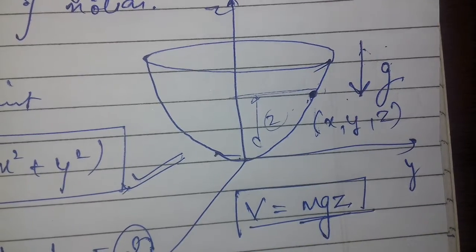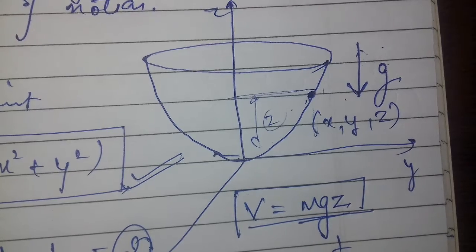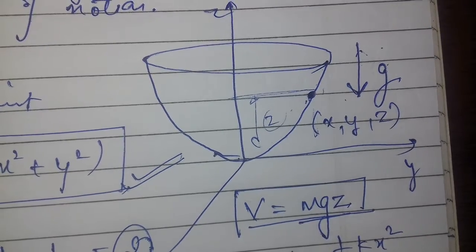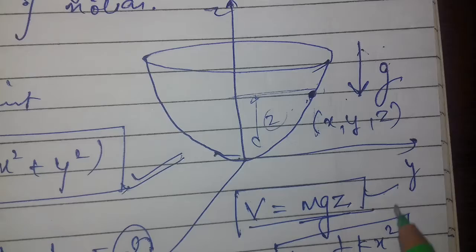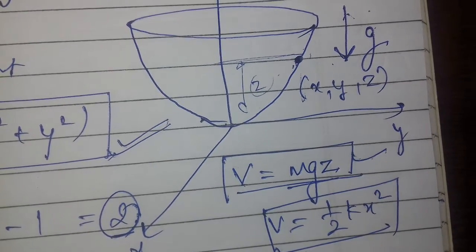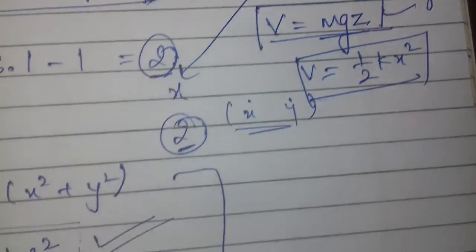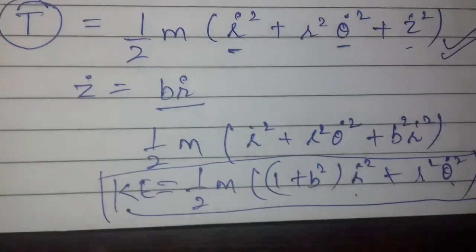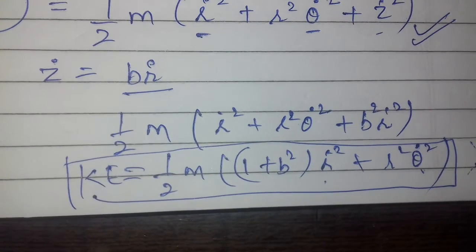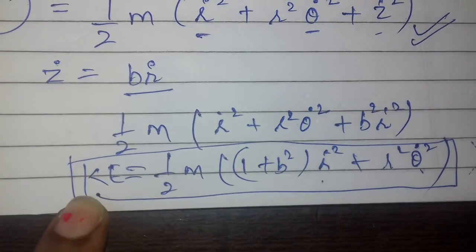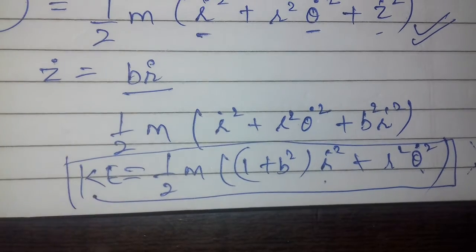Always, in the case of a spring, you will have half kx square for V, and otherwise at some height you can use mgh. So V is very easy to calculate, but manipulation of T is quite tricky. So you have to keep this in your mind. Your T is this and V is this. Now your Lagrangian will become